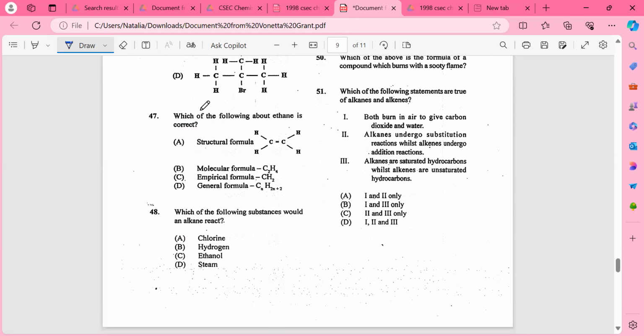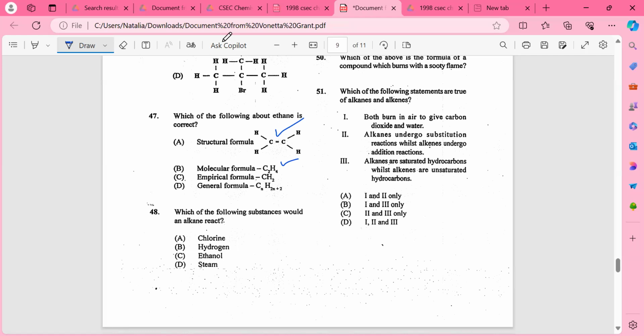Which of the following about ethane is correct? So ethane has the structural formula, that's true. Molecular formula, C2H4, that's true. Empirical formula, CH2, that is true, because if we simplify C2H4, we're going to end up with CH2 as the empirical formula. And the general formula,